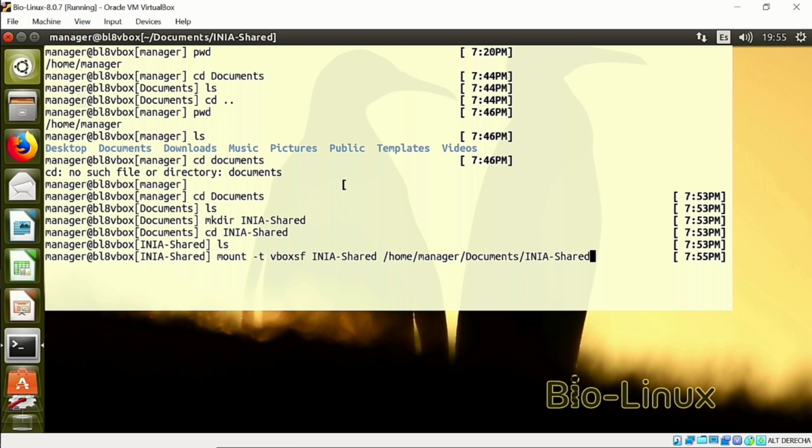Yeah, that's the command we're all going to put. That's the mount command. The mount command lets you, as the name says, mount an external drive or whatever accessory device into your Linux distribution, your Linux file system. And we're going to use the directory that we recently created, INEA shared,